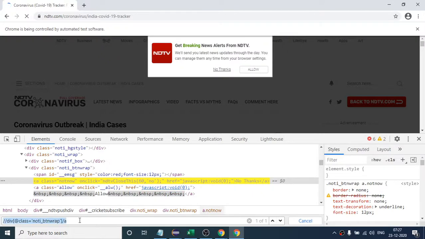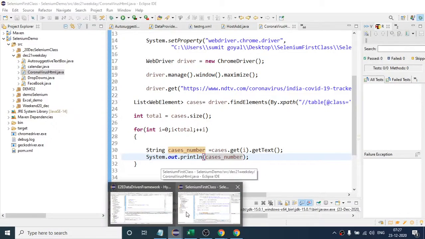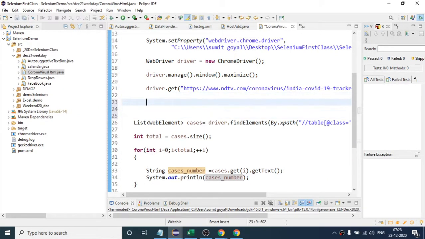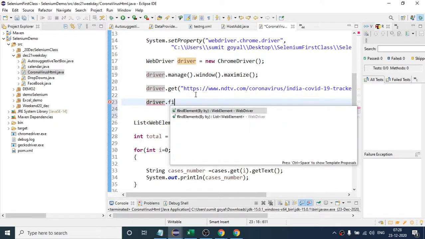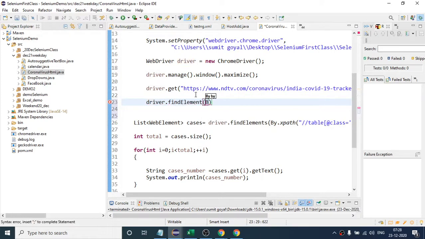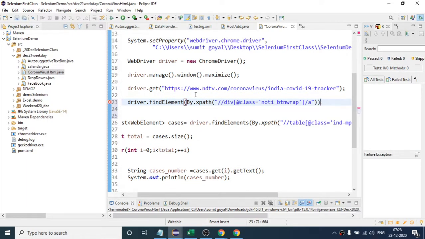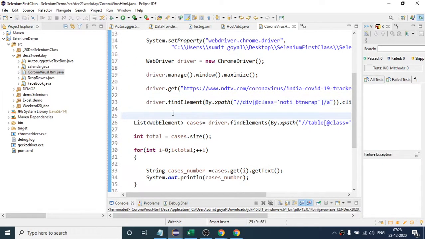So next time, once this website loads, after that I will click on no thanks so that the pop-up will disappear. Find element by dot XPath, and I will dot click. So let me run it again.